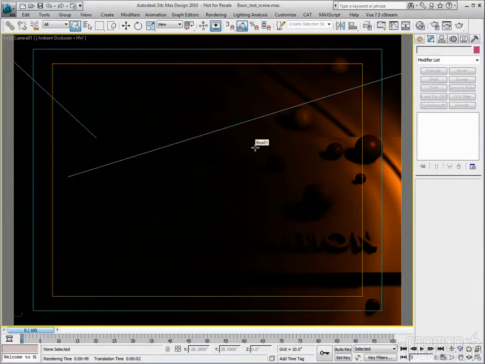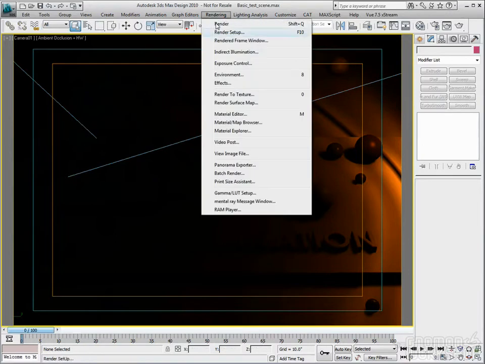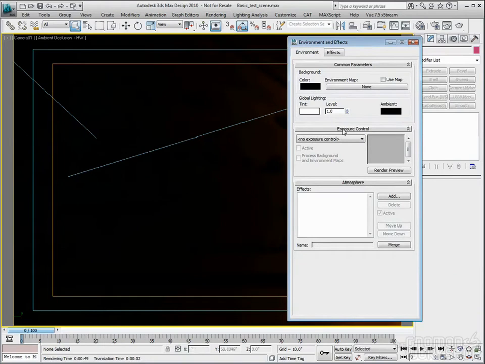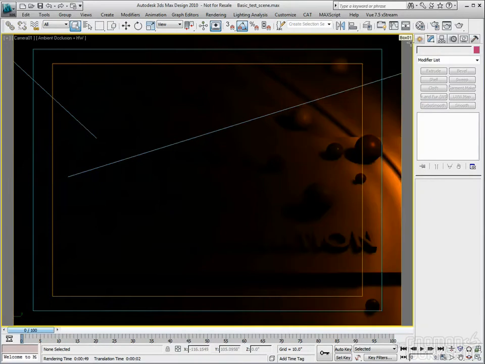Exposure control is a tone mapping process that adjusts the output levels and color range of a rendering. You can assign exposure control by going to Rendering, Exposure Control, and then you have a roll down box of exposure control and the different options for exposure controls that 3ds Max offers. What I want to take a look at is just some of the benefits to using exposure control here in